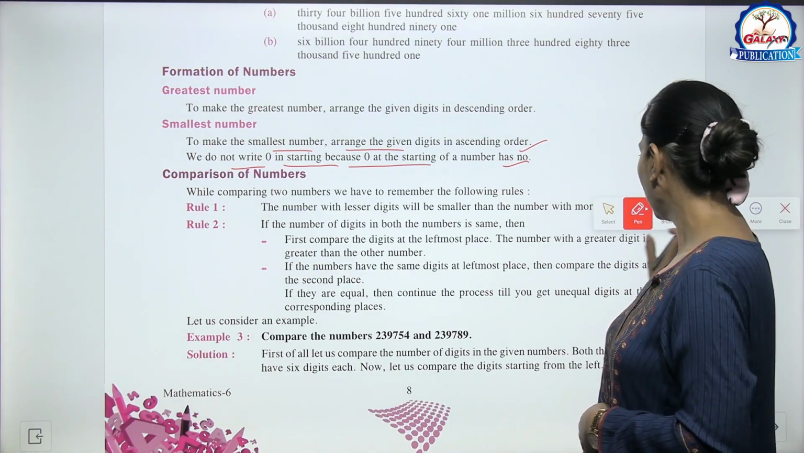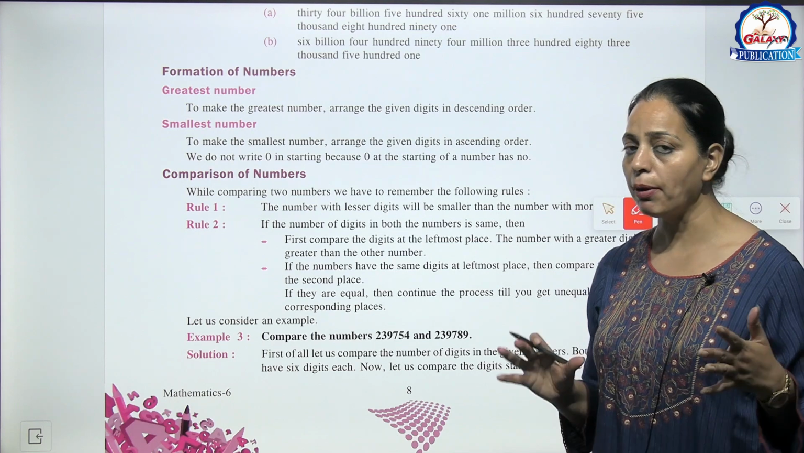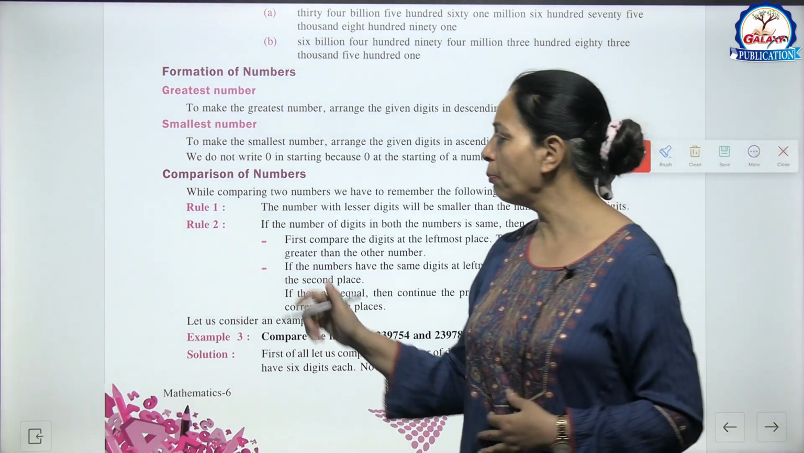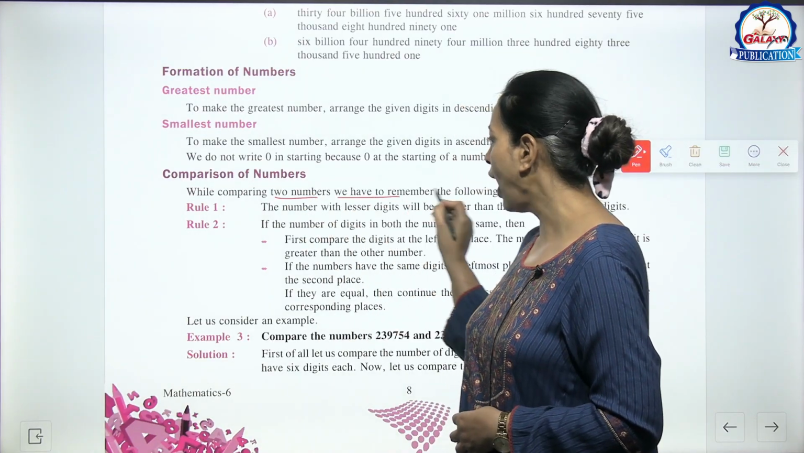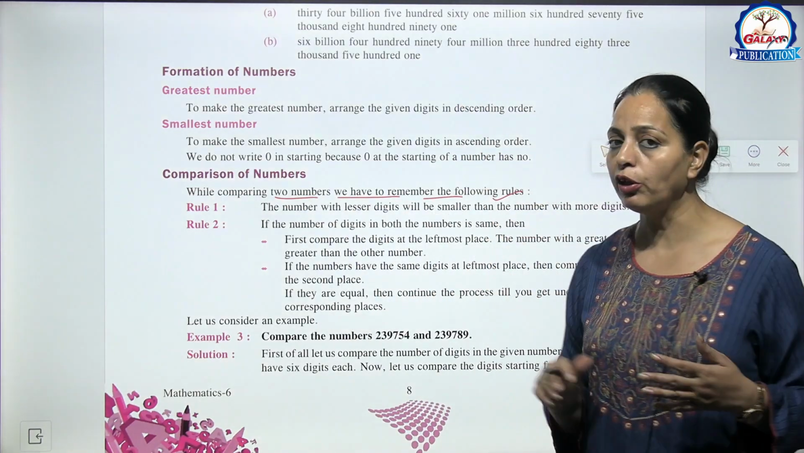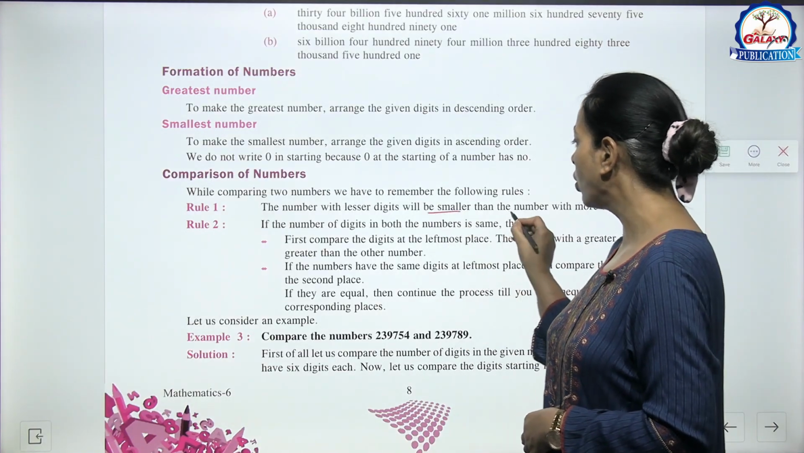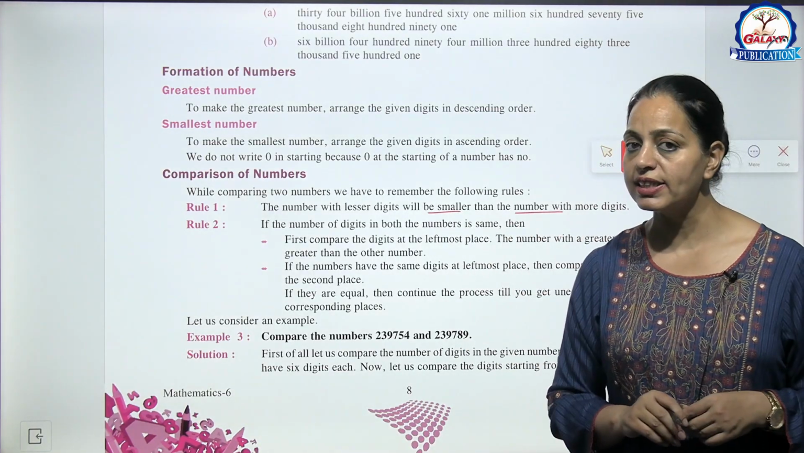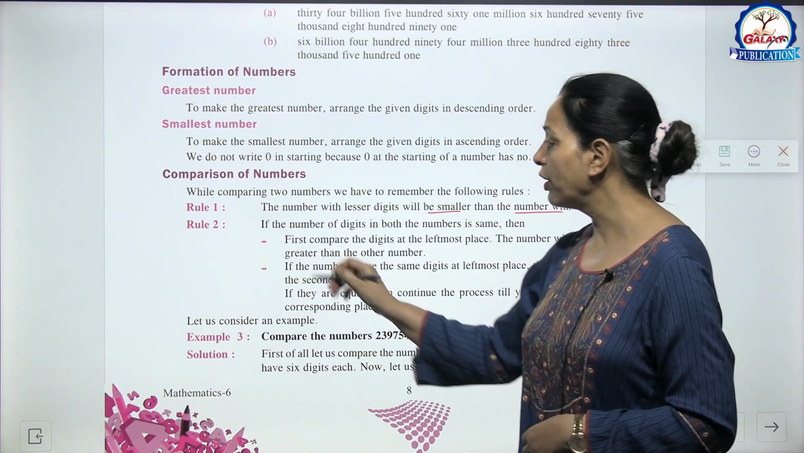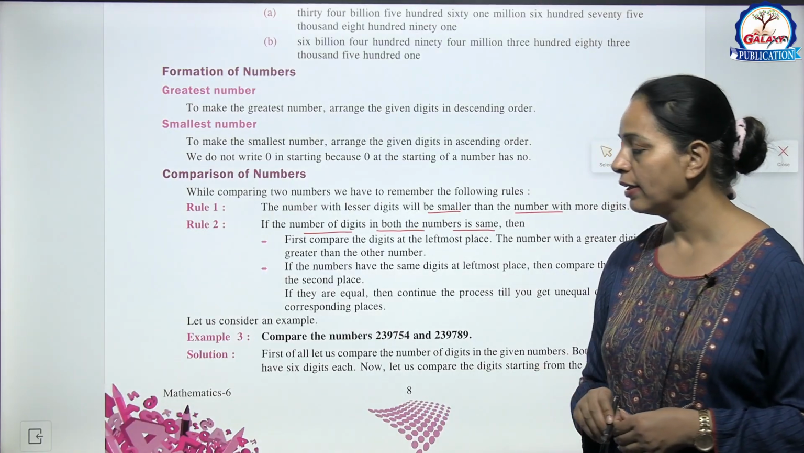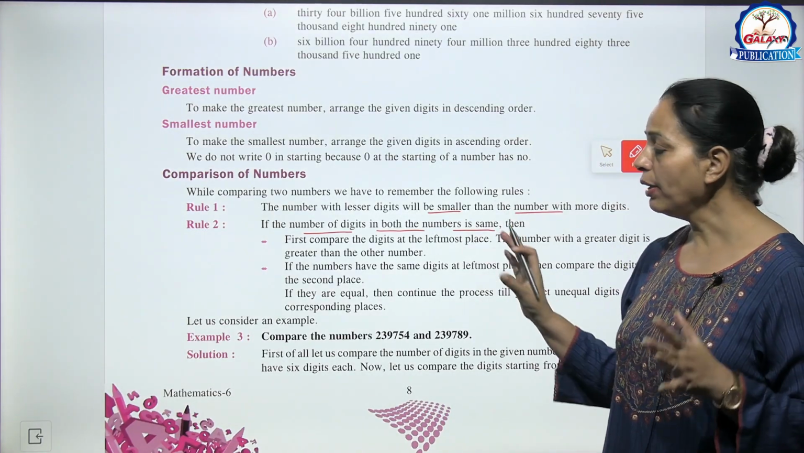So now see comparison of numbers. अब हमें कुछ numbers हैं, उन्हें compare कैसे करना है? While comparing two numbers, we have to remember the following rules. Rule 1. The number with lesser digits will be smaller than the number with more digits. And rule 2. If the number of digits in both the numbers is same, then see, rule 1 में जिस